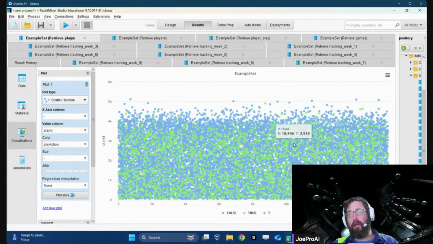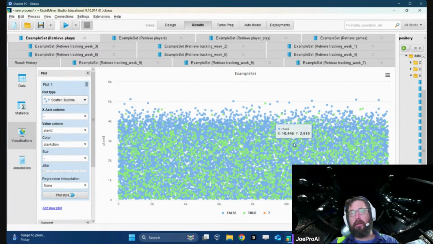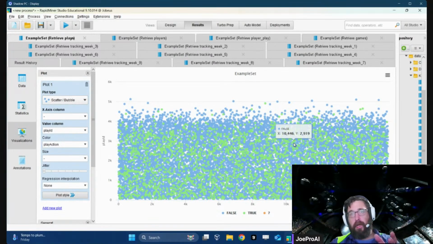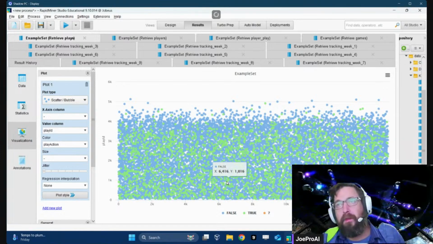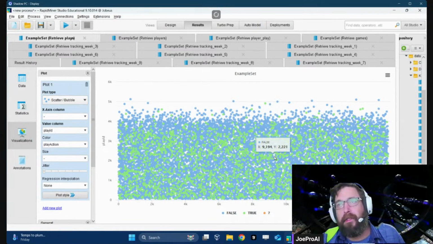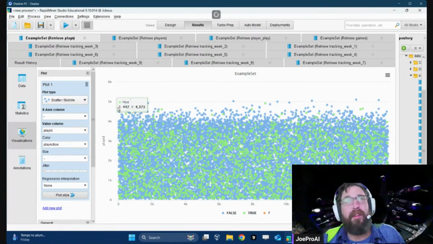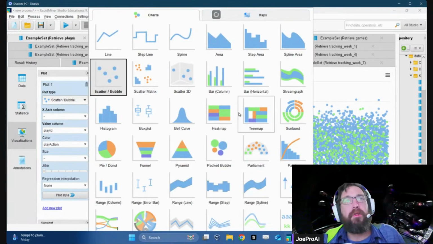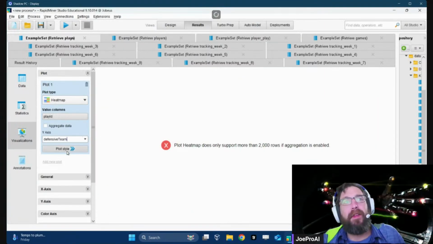So we can see patterns in the visual data, whereas the computer can see those patterns in the statistical data. I'm probably butchering all the terminology, but basically it's cool charts, right? Let's see if we can get a heat map. No.